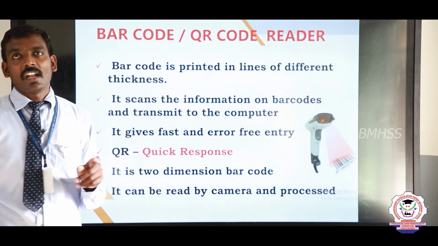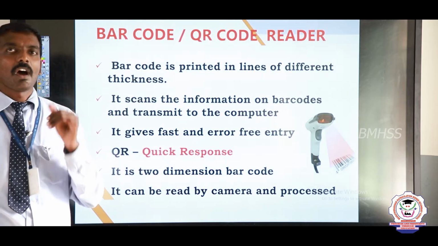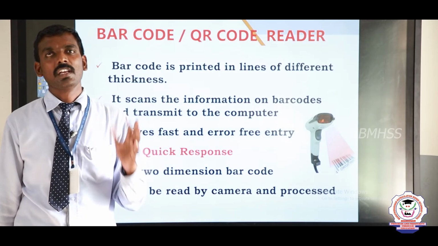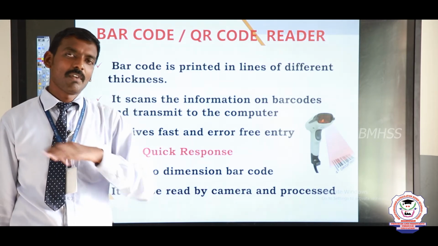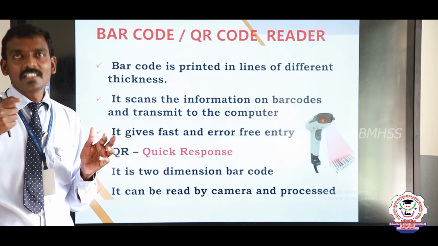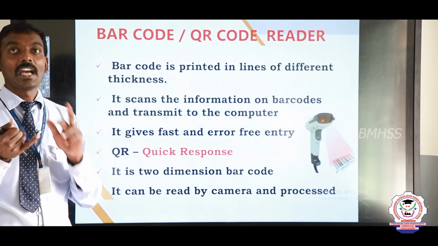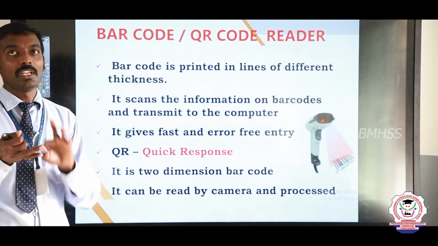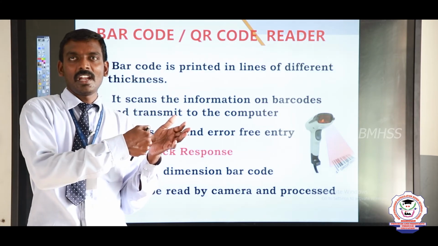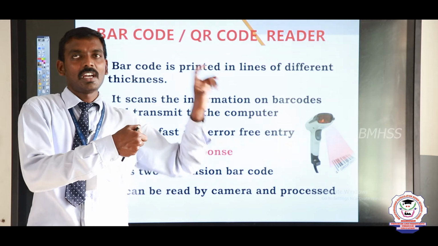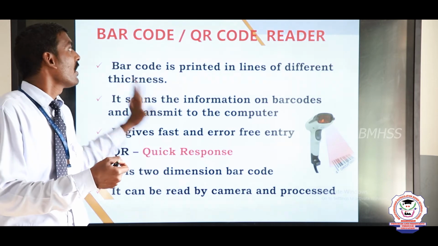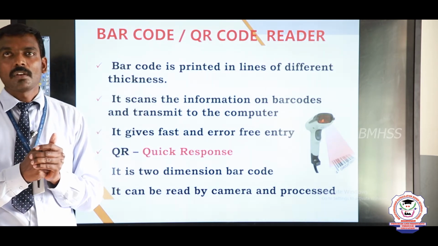Next one, barcode reader and QR code reader. Nowadays barcode reader and QR code reader are used in a very wide variety of places, in shopping malls and in some fancy stores, whatever it may be. Even in grocery shops they are using it now. Why are they using it? Prices will be clear and the result will be accurate. No need to type content. For example, if we buy a biscuit packet in a shop and scan it like this, what happens? The name of that particular biscuit, the weight and then the cost will be displayed. Okay, are you clear, students? This is an example for QR code reader or barcode reader.